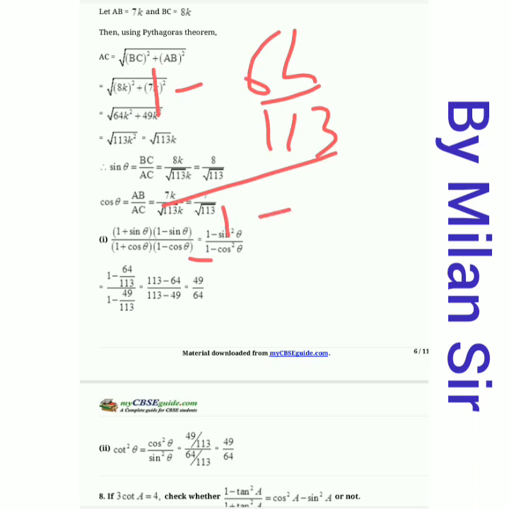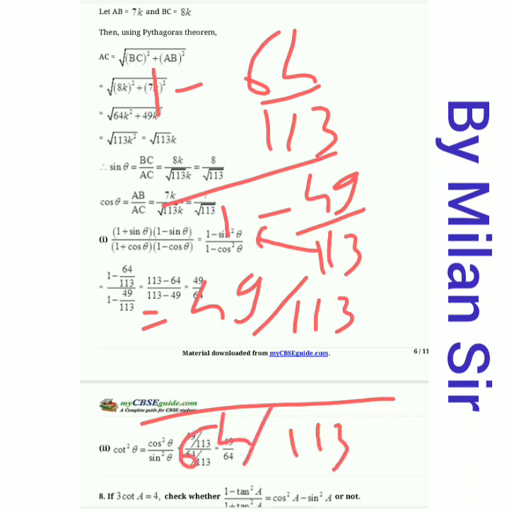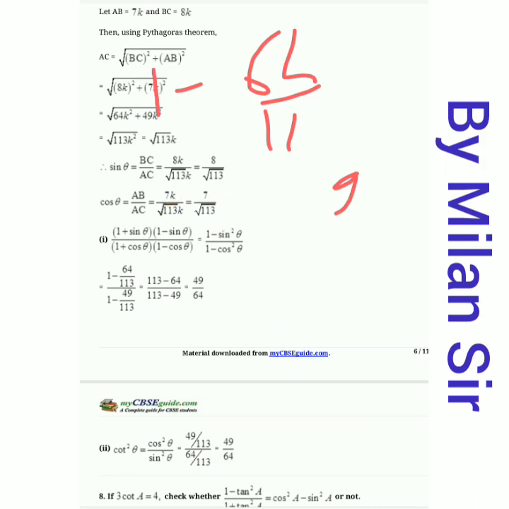is equal to 7 upon under root 113, then square, 7 square is 49 and under root 113 square is only 113. Now take LCM. So here 113 ones are 113 minus 64, it's 49 upon 113, divided by, again take LCM, 113 minus 49, it's 64 by 113. Now your denominator will be cut out, so 49 upon 64, it's your answer. 49 upon